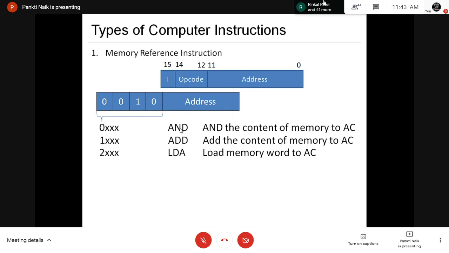Suppose we want to load the data of the memory to the accumulator, then use the LDA instruction. Now if the opcode value is 011, then it is the STA instruction. The STA instruction is used to store the content of the accumulator in memory. The LDA instruction is used to load the memory word into the accumulator.